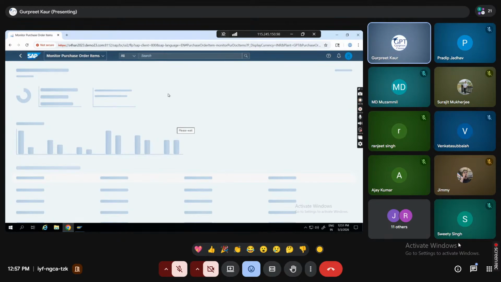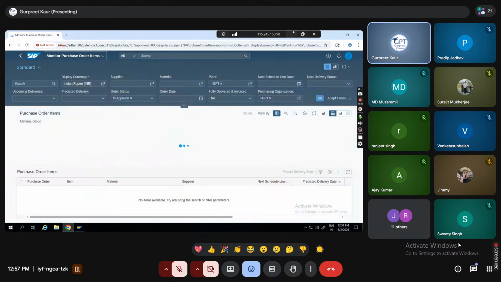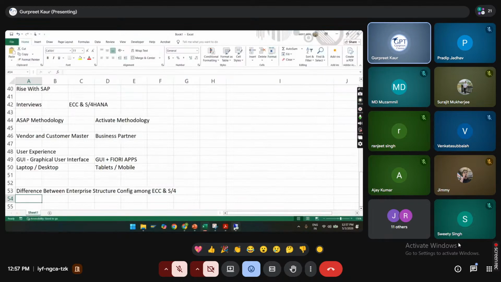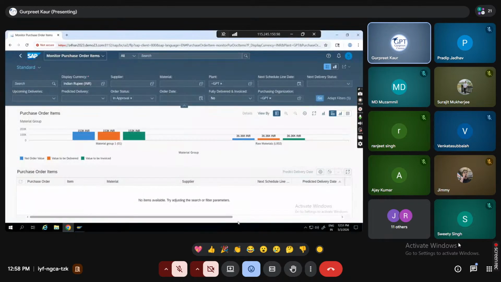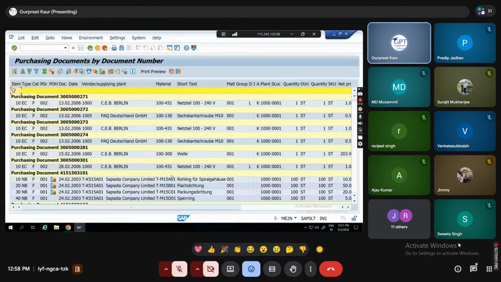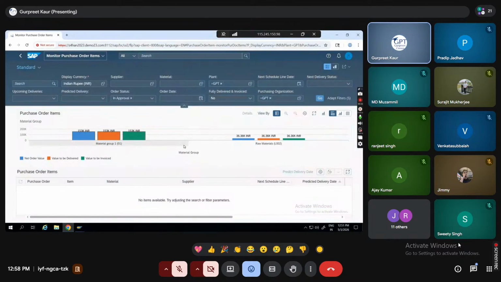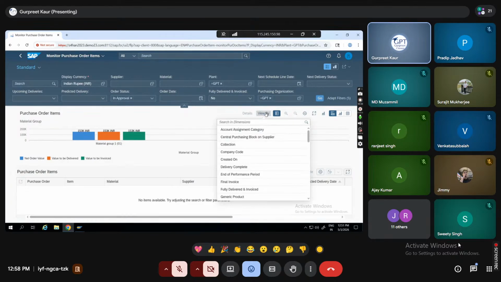Okay. So like here, we are going with Monitor Purchase Order Items. This Monitor Purchase Order Items is the same report which I have shown you as ME2N. Here you can see, and this is a difference. You can change the view. You can change the graph.